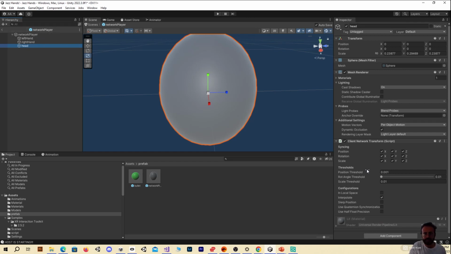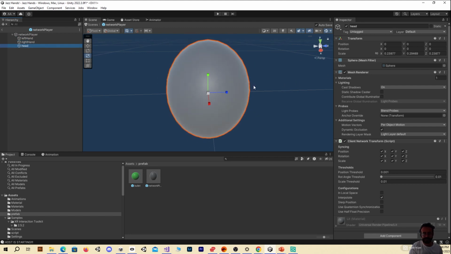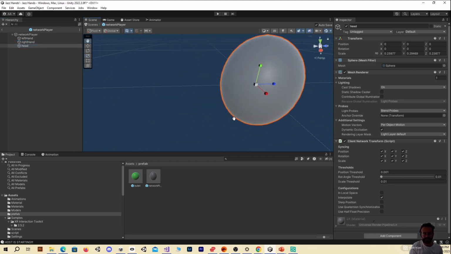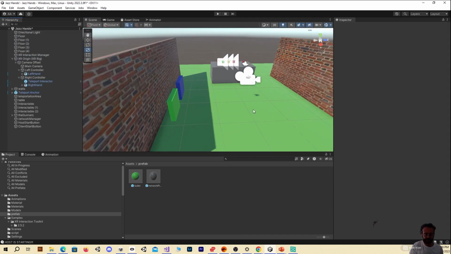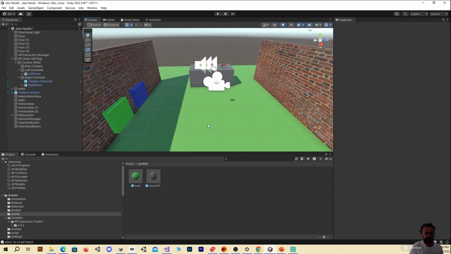So we removed the collider and we also resized the things, because if you remember in our scene all the cubes are very small, 0.1 by 0.1, but they still look reasonable here. So we resized the left hand, right hand and the head, and tried to give the head a little bit of an egg shape, so it looks more like a head than a sphere. So now it works, and if we start